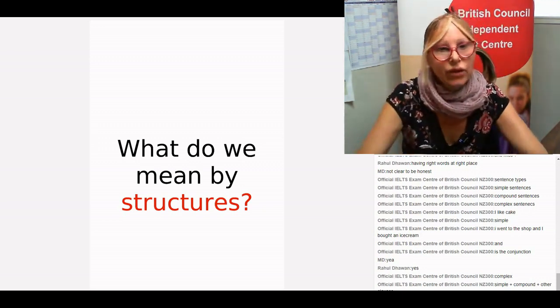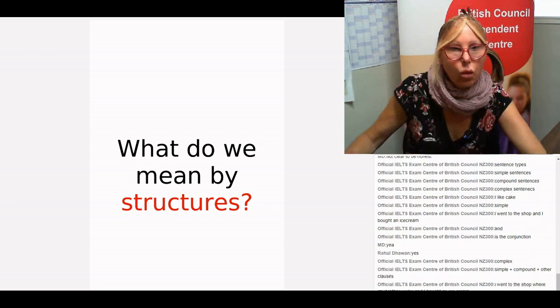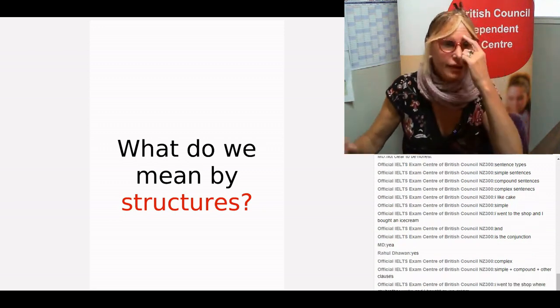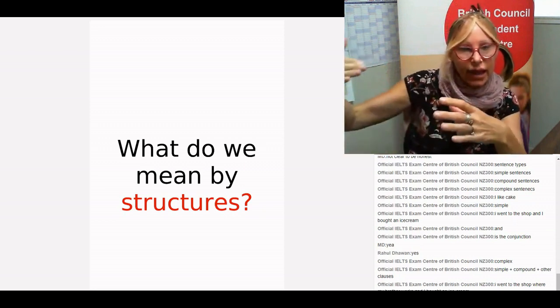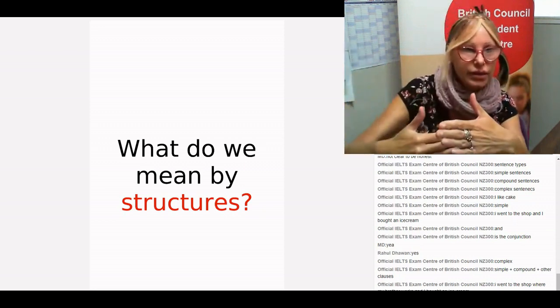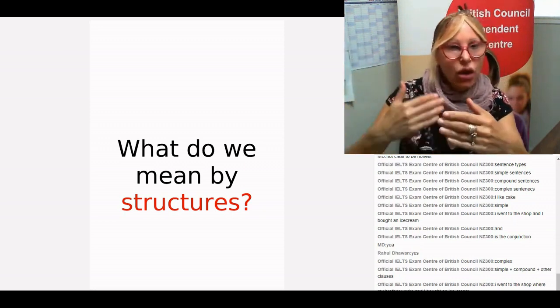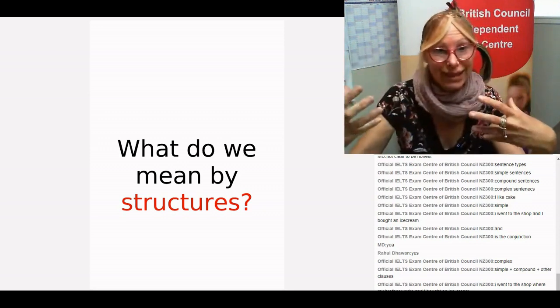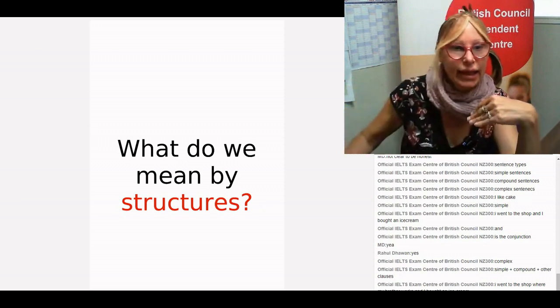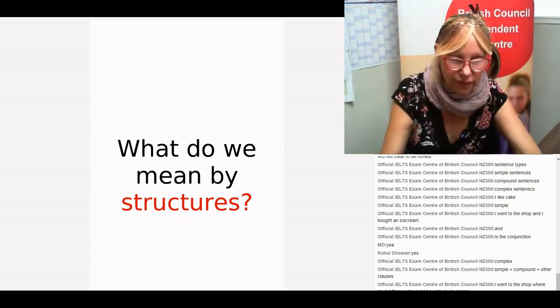Okay, so here we've got, I went to the shop where my brother works. Now this is actually a subordinate clause, but it's kind of linked to the first clause, if you know what I mean. And so this is no longer a simple or a compound sentence. This is now a complex sentence because it has this part here, this clause,